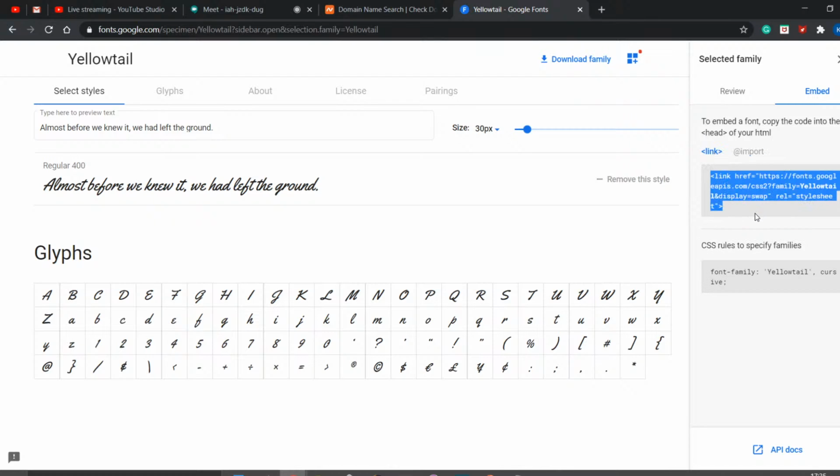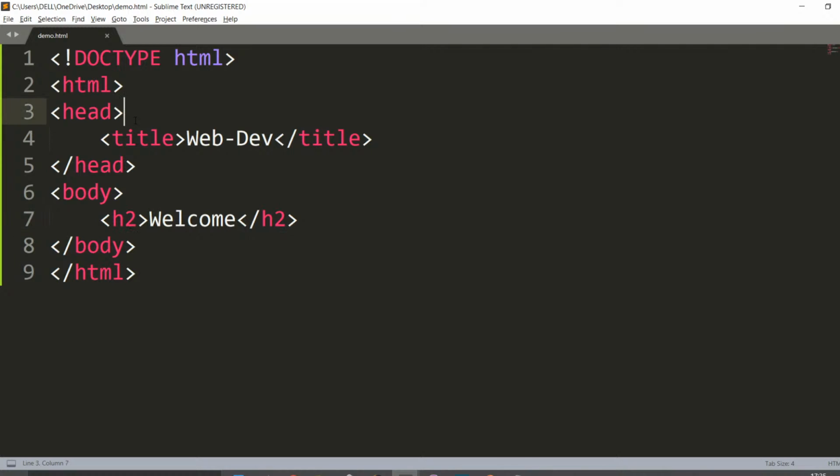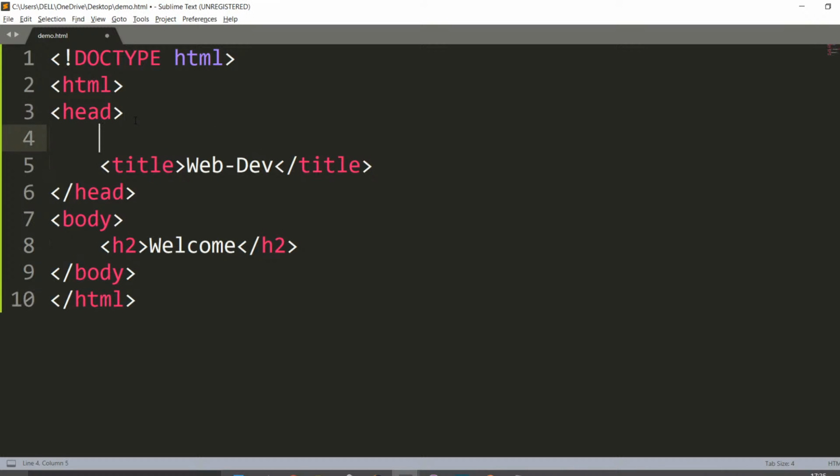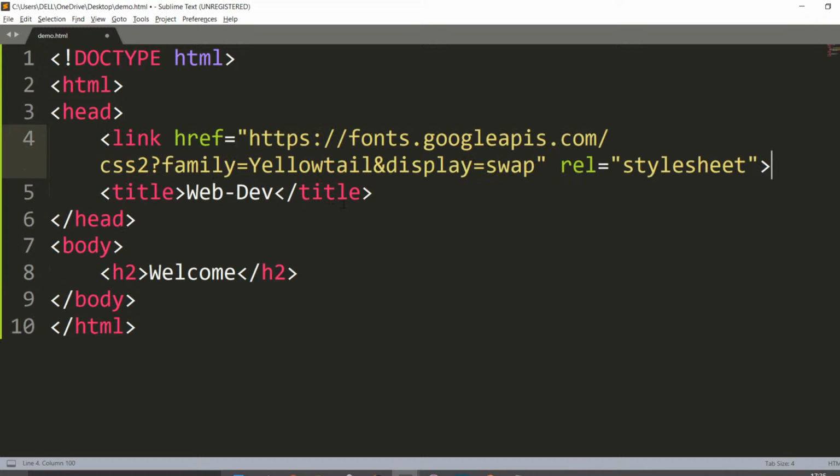So I'll copy this link and go here, and every link that you are calling should start from the head. The head is the main frame where it keeps the situation of a brain. It stores a file. So I'm saving this file, and whenever I need, it calls from the brain. The function is called from the brain.